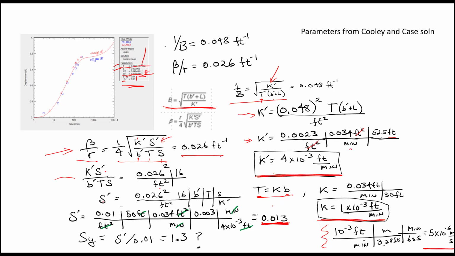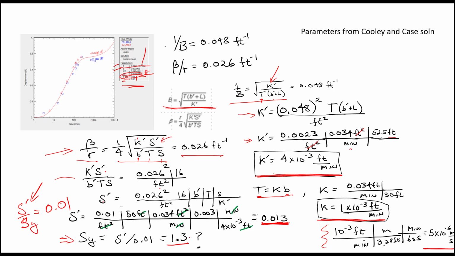But on the previous page, I specified, you can see up here, it's getting kind of crossed out, that one of my assumptions was that S over SY is 0.01. So I've just solved for S prime, that's the storativity of the confining unit, and I can solve now for the specific yield. So I did that here, and if you go through that, you get that the specific yield